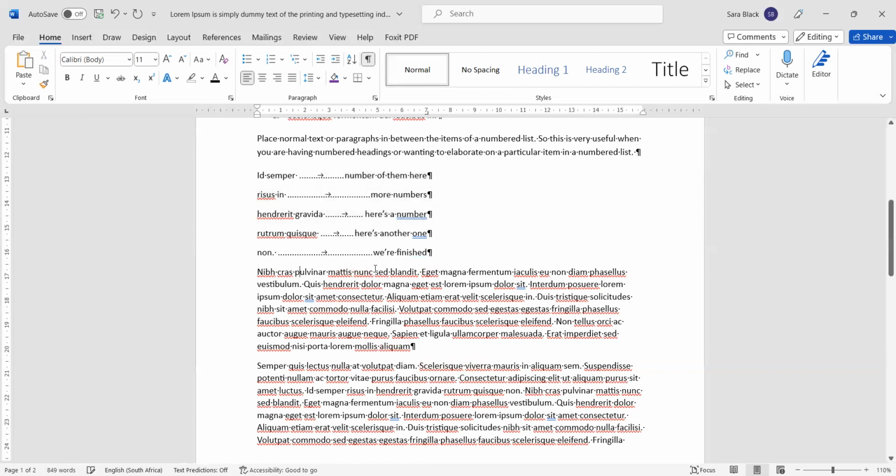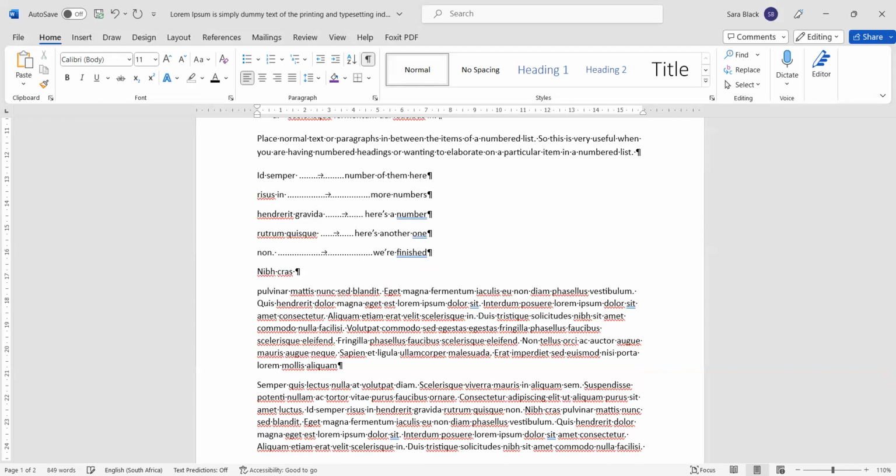Contrast that with if I was trying to do that manually, and I've seen people do this, and they will literally type full stops. Can you see that it's not coming out nice and neatly? Then they'll try and guess where they need to start typing. Oh, that was actually quite convenient. That worked out. But can you see that actually, if I zoom in,